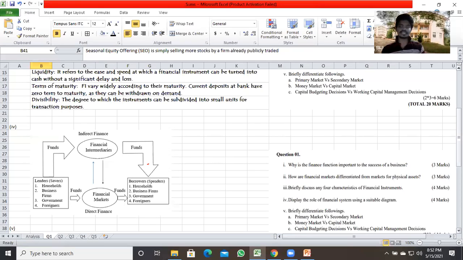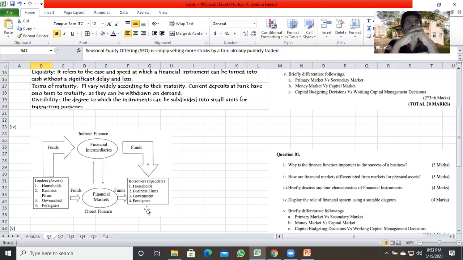So there are two parties, the people who are having excess funds and the people who are facing the trouble of lack of funds. So the lack of funds party, we know as the lenders. No, borrowers. Okay, then the lenders are the savers. Now you can see spenders, households, business firms, government, foreigners are macroeconomics වල කතා කරනවා මේක. So that is what is happening actually. Then through this financial system, through financial markets, there are different types of financial markets.